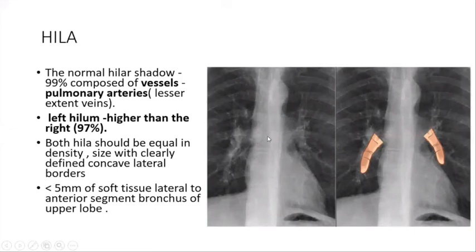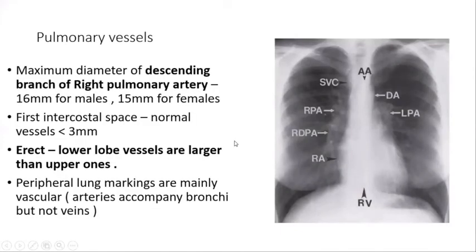Now, hila. The hilar shadow on each side is mainly formed by pulmonary vessels. Of the pulmonary vessels, the pulmonary artery contributes more than 90% of the shadow. The left pulmonary artery rises superiorly in comparison to the right pulmonary artery. So the left hilum is superior in comparison to the right hilum. Now, pulmonary vessels. Always focus on the structure I am focusing on. There are many things to learn, so you won't get mixed up with multiple things. We have already discussed that the right hilum is inferior to the left hilum.